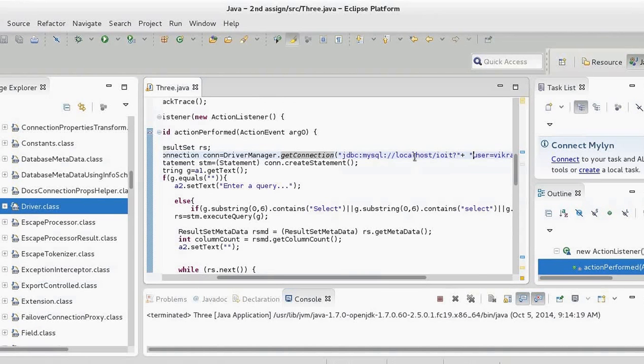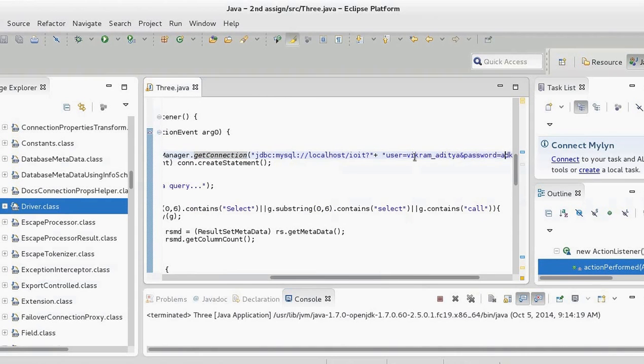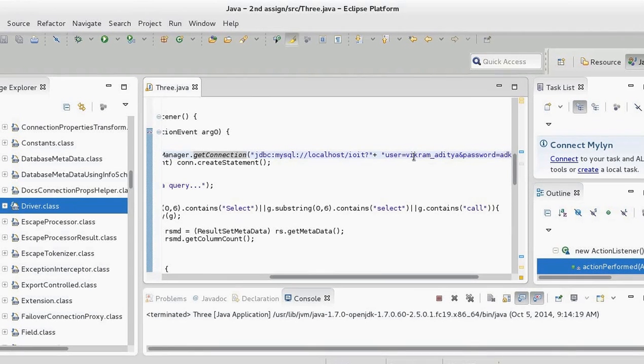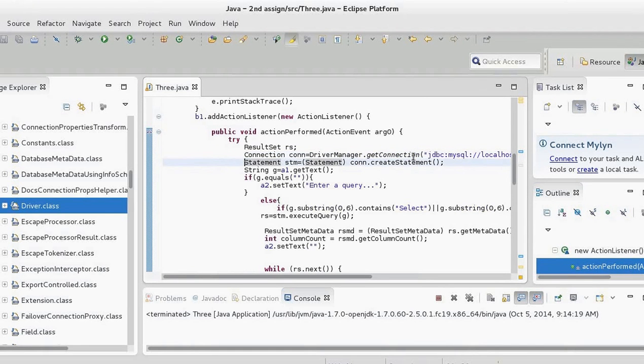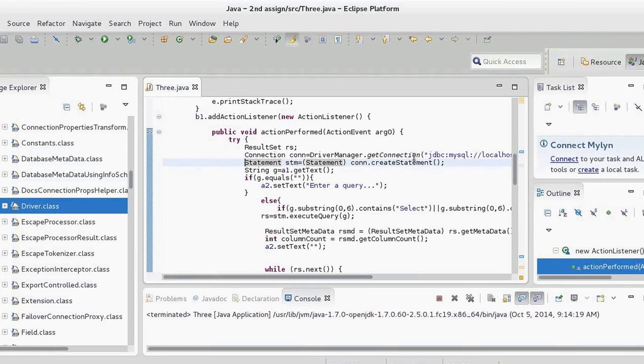So b1.addActionListener. As soon as you click on the submit button, the execution will start from here. This will listen to the click, and the rest of the things will be executed according to the click. ResultSet will contain the result. Connection con = DriverManager.getConnection.